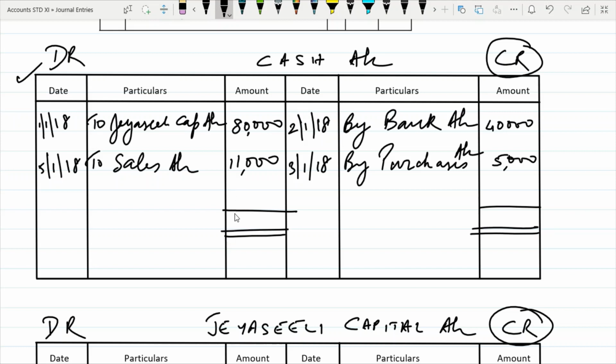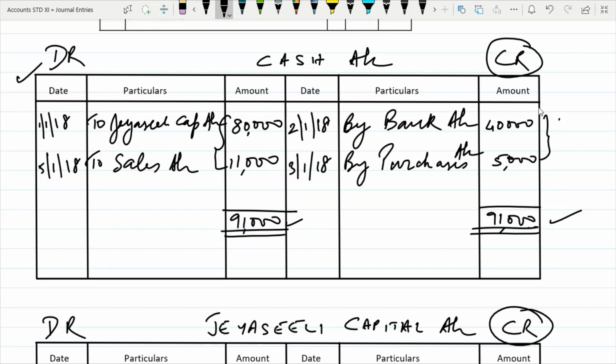So if you look at the total, now in the total, this total is coming to how much? 45,000. And this total here is coming to 91,000. So what will you write here? You will write the 91,000 total. So you will have to write the same total both places. So you will write 91,000 again. So this total now is 91,000.